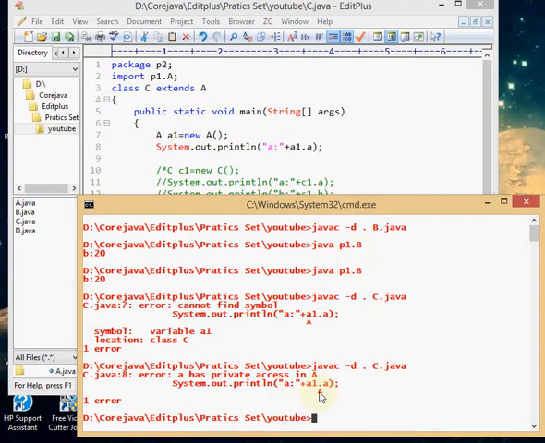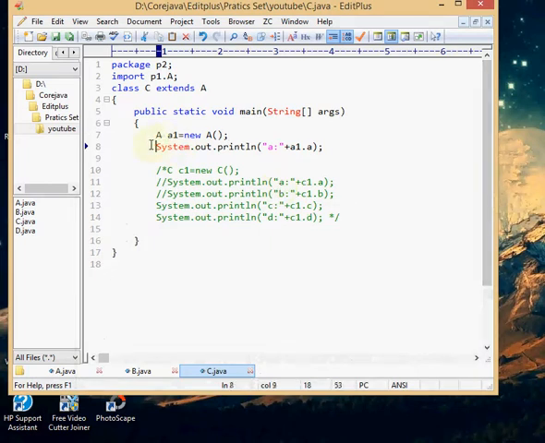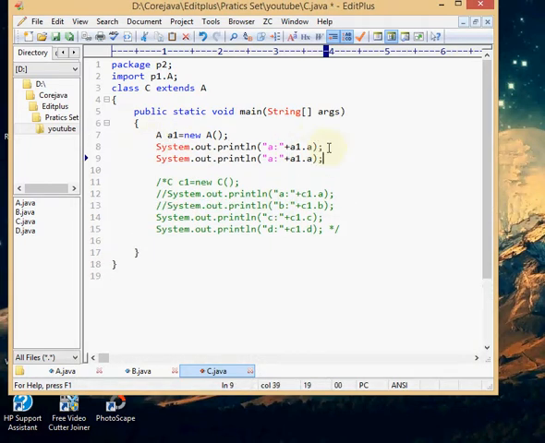A is private. Because A is private, we cannot access it outside the package. Private is accessible only within the class, not outside. So it throws a compile time error. I have created another one, so I comment it out and see the output of